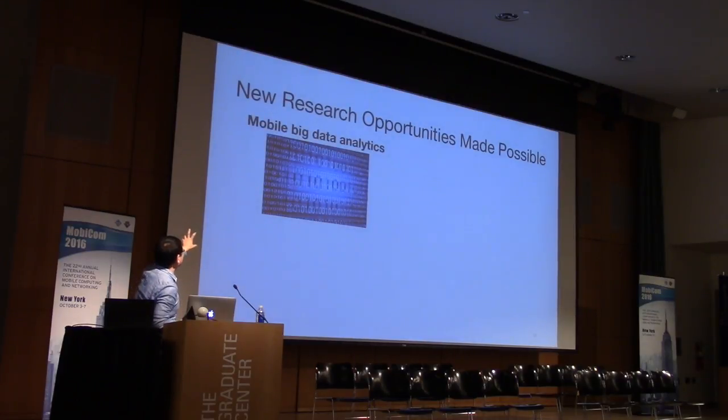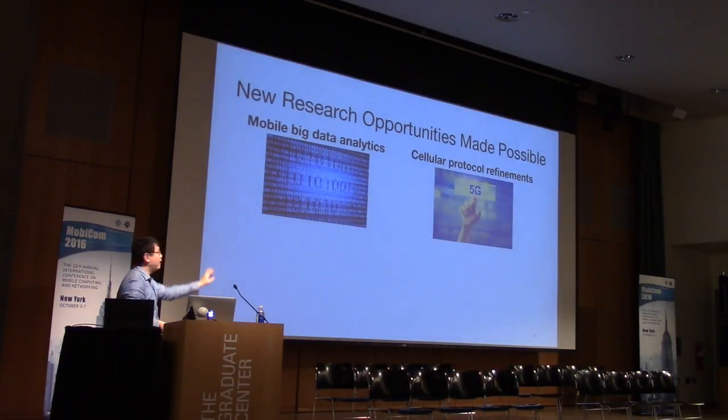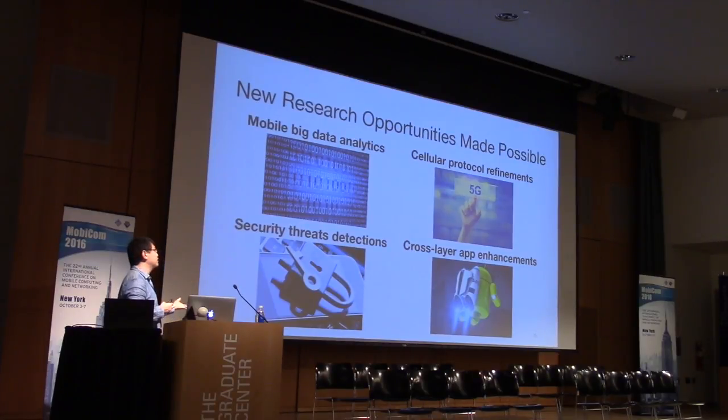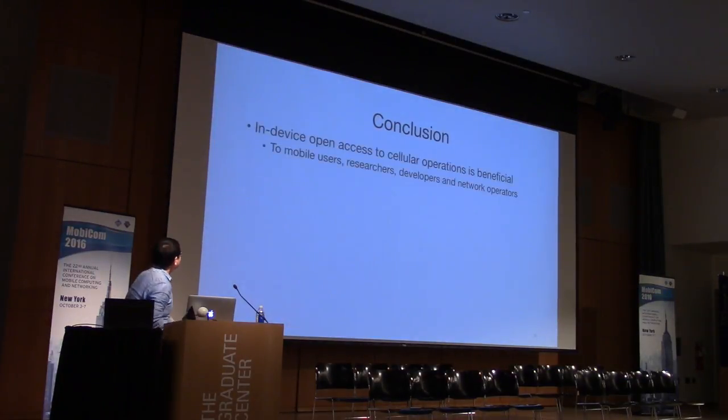Moreover, this runtime cellular information can give mobile phones access to basic analytics. We can use this to understand the current cellular protocols and perform new solutions to refine and design protocols. We can use this to detect low-level security threats such as jamming and denial of service attacks. Of course, we can also use this for healthcare, mobile web, and mobile video performance improvement. So in conclusion, we believe that open access to cellular operations is beneficial. It's beneficial to more users, or